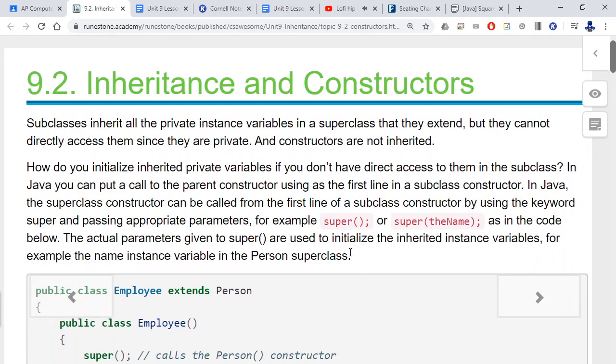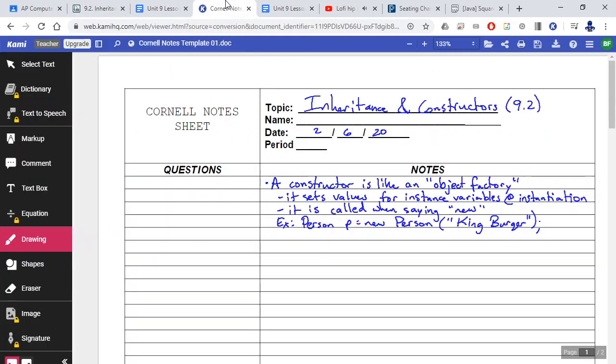All right, here we go. It says subclass. I'm reading from the website here. Subclasses inherit all the private instance variables in a superclass that they extend, but they cannot directly access them since they are private, and constructors are not inherited. I think that is a ton of interesting information, and I am going to write that stuff down because I think it's important. So, first of all,